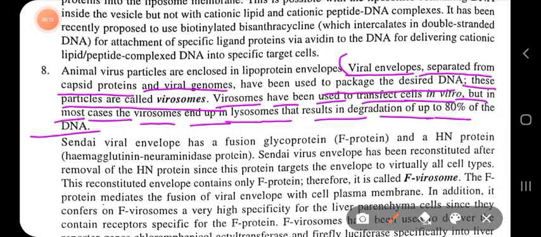But we have removed the pathogenicity part of the virus. We have only used the viral envelope where no pathogenicity is there, but still the lysosome will interact with the viral envelope inside and degrade it with the help of its degrading enzymes. It will degrade the content inside the viral envelope, that is your target DNA.